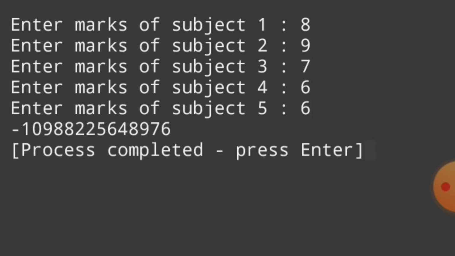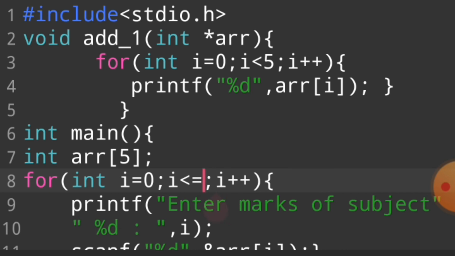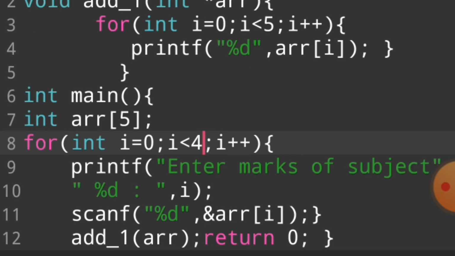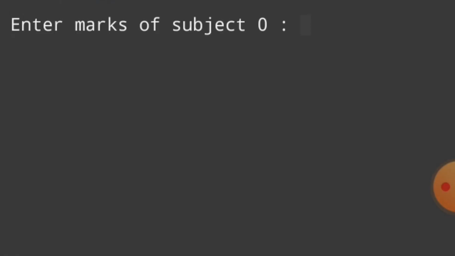So first of all this program gives a different value. Oh sorry guys, I will explain why this program is giving me an error. This is totally my problem guys, don't worry. If I run this program, inshallah it will not give me an error.